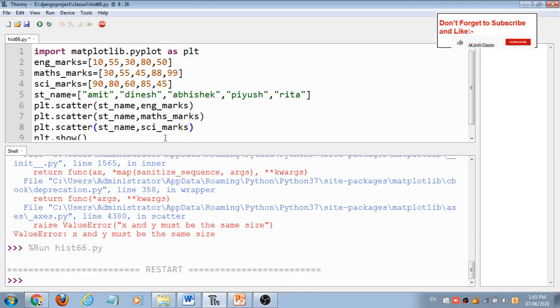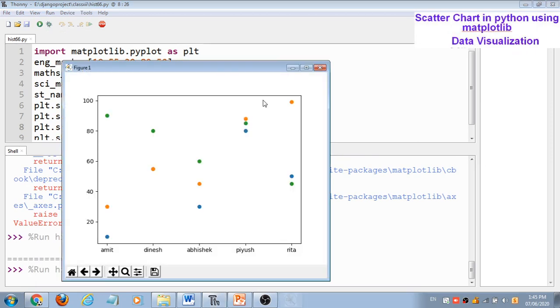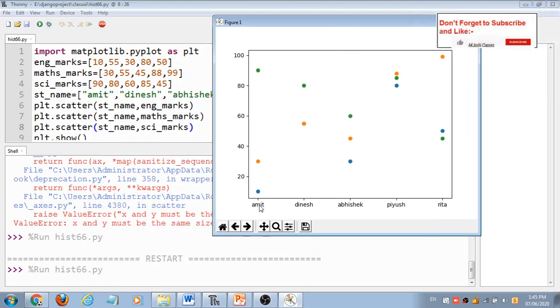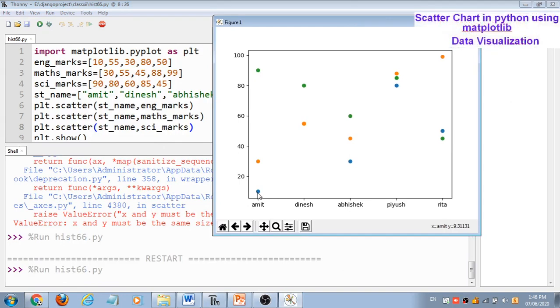So it will plot the chart like this. Suppose the name of the student is Amit, then the first value is 10, which is for English marks, then this yellow one at 30 is for maths marks, and this 90 is for science marks. So for each value it draws 3 points.